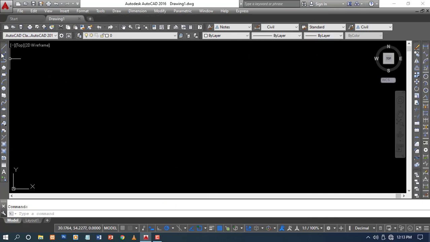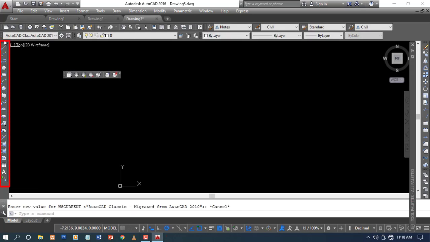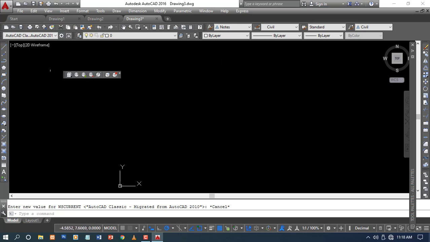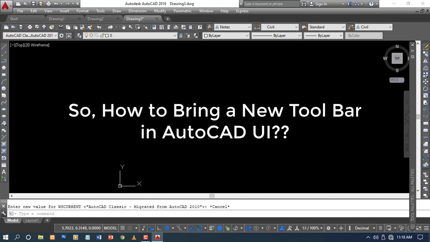Now drawing 2D models with this interface requires mainly the draw and modify toolbars, and for detailing we need some other toolbars such as dimension, multileader, etc. But these toolbars are not present by default, so we have to bring these toolbars to the AutoCAD UI.